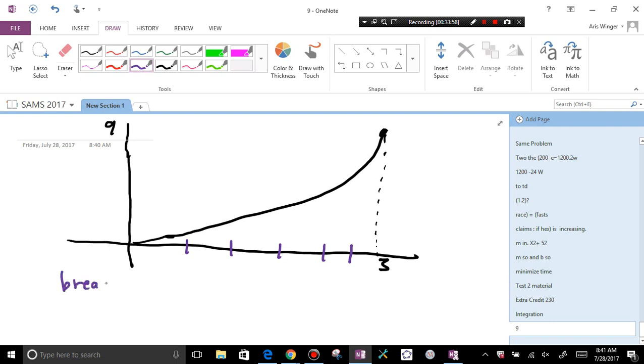I'm going to break the interval 0 to 3 into 6 pieces. Now, I want to be clear about something: this is the way that I'm going to approximate. There was this function given over an interval, and I've been tasked to find an approximation to the area under it. Okay. And so then, I'm going to do it the way I want to do it, and then we're going